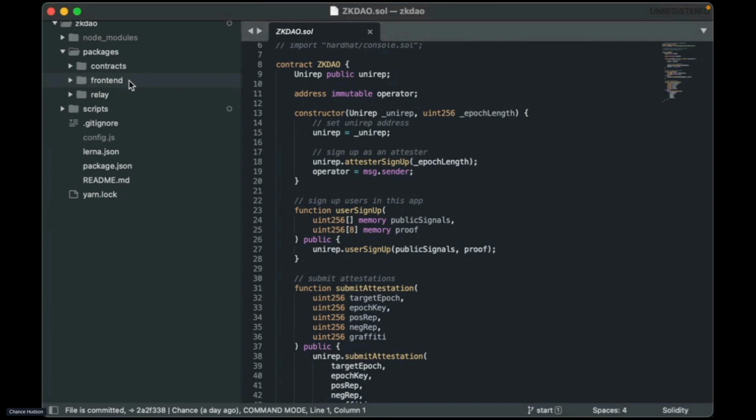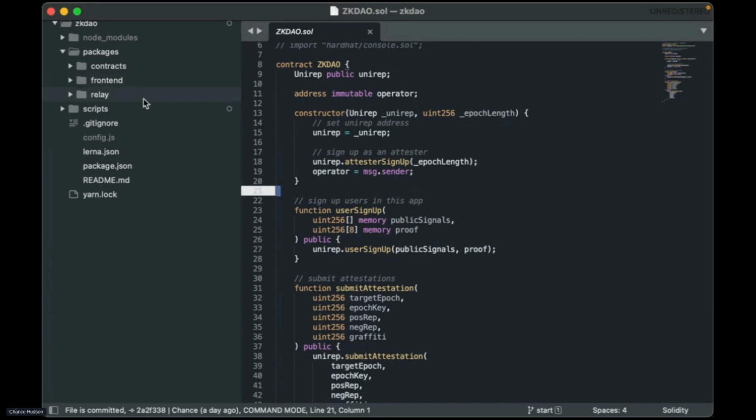One of the goals we have with UniRep is making it so that you don't need to interact with the blockchain directly in order to use these applications. So you don't need a wallet in order to use this application. You don't need MetaMask. You don't need funds. If you want to deposit funds to the DAO, then you do need a wallet, but that's the only case.